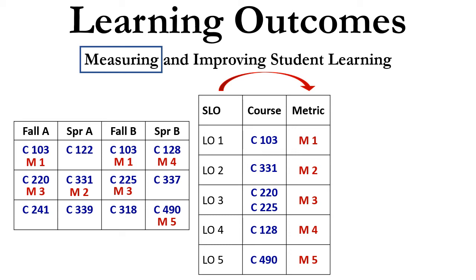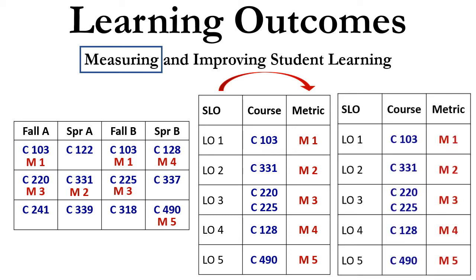However, it's sufficient. Now, ideally, if we were going to talk about the ideal situation, notice I've just duplicated the same graph on the right. But here, we're going to make some efforts to identify or plant certain kinds of assignments or tasks or artifacts in maybe some additional classes that will provide your curriculum, your department, your program with a way of measuring every student learning outcome every year. I'm sorry, not every metric, but every student learning outcome. So let's say